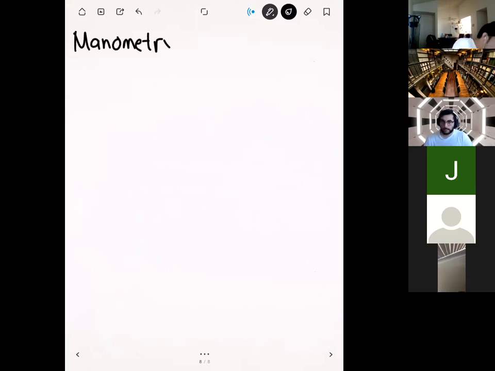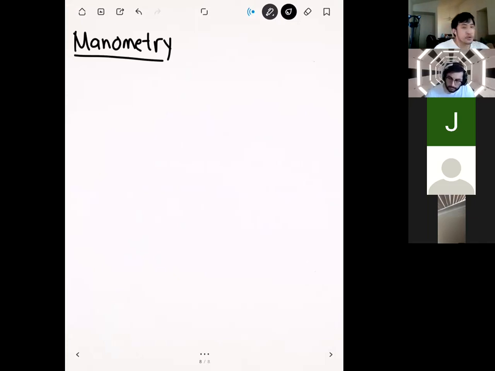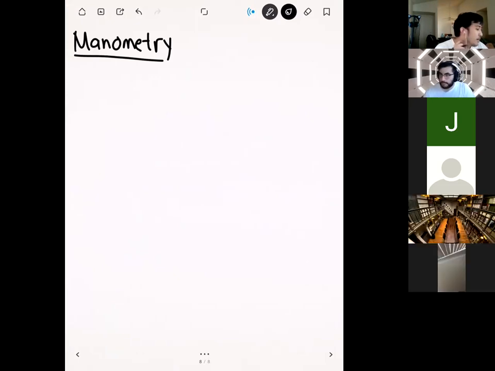So manometry, just a little bit of historical context. These are the devices that used to be used in the days of Isaac Newton to measure pressure. Nowadays, you hardly see any of these except in Hollywood movies that want to look cool and scientific. But from the perspective of learning about hydrostatic pressure and how to measure it, manometry is always going to have a place there, because it's really intuitive and it uses all of the equations that we've done before. But nowadays, if you want to measure pressure, there's tons of other digital devices that do basically the same thing. But manometry was kind of the first thing that came about.